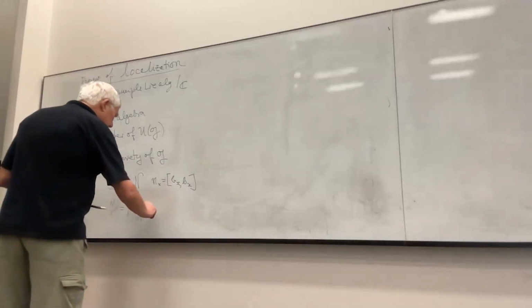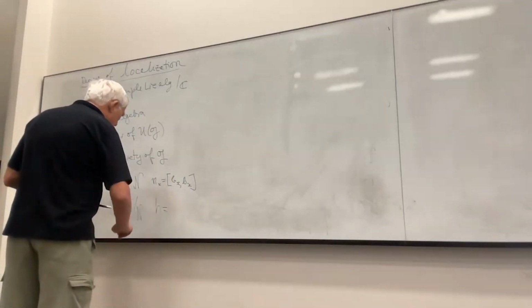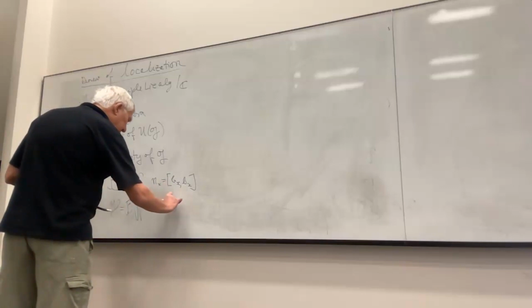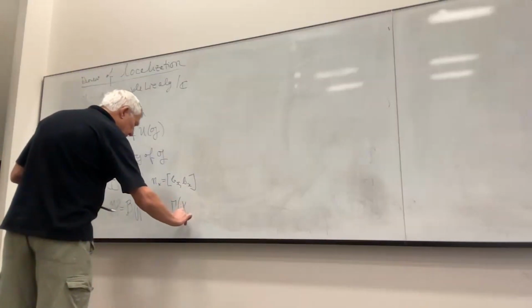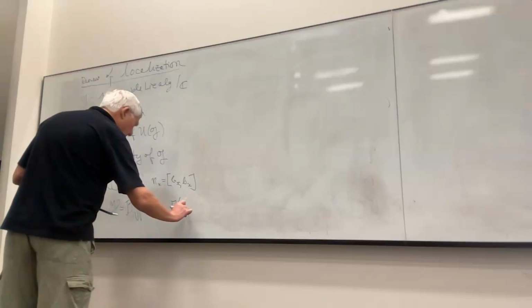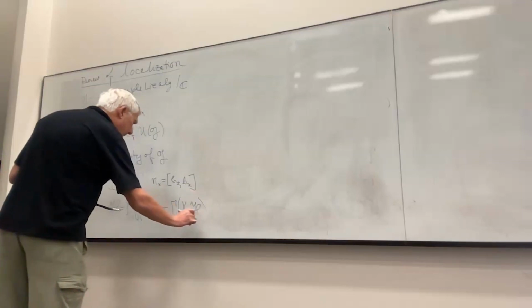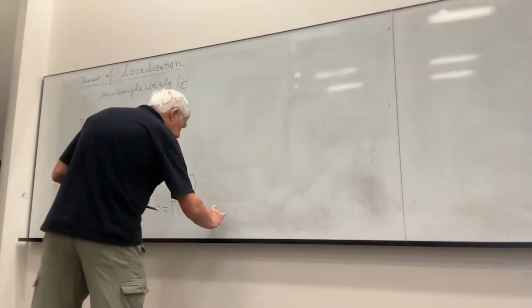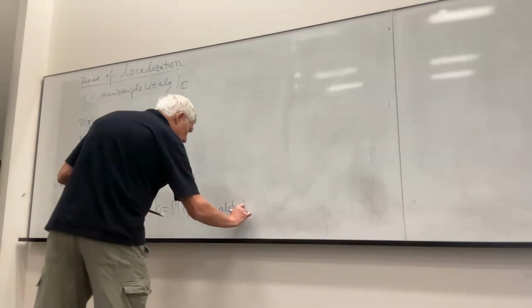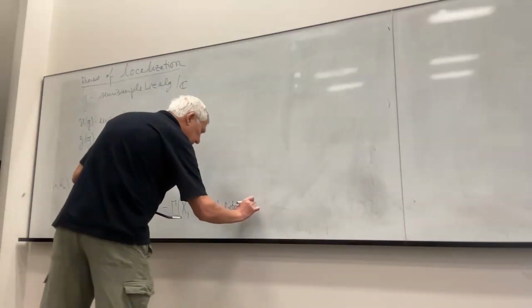So I will denote by h the global sections of the sheaf of sections of h. And this is what I call the abstract Cartan algebra